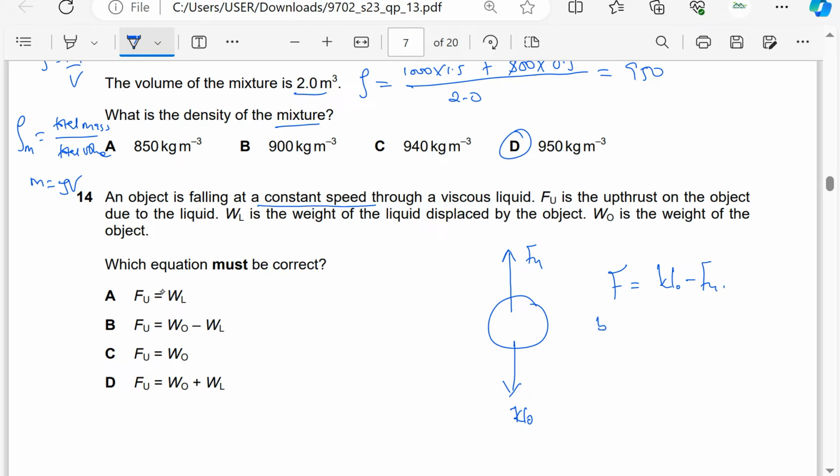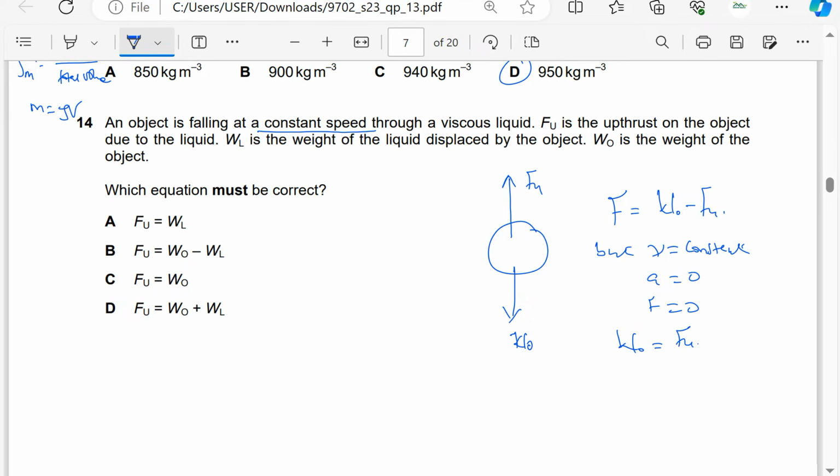But since V is equal to a constant, it means acceleration is 0 and the resultant force is 0, which means W naught should be equal to the force due to the upthrust. So W naught is equal to the force due to the upthrust. So the answer here is going to be